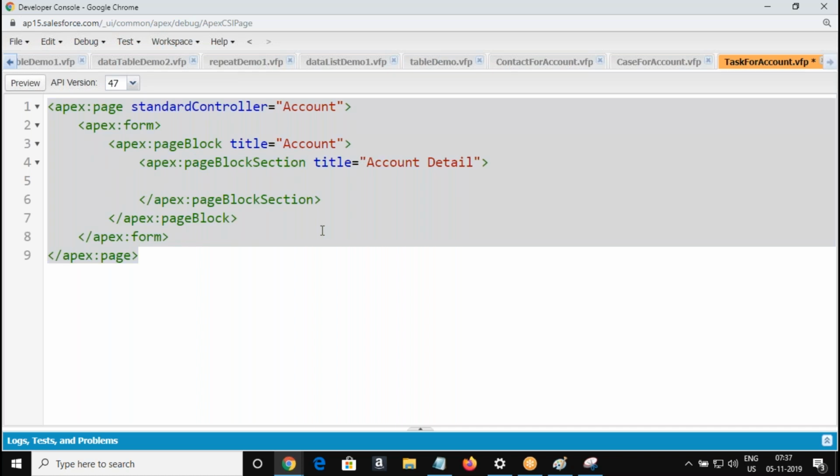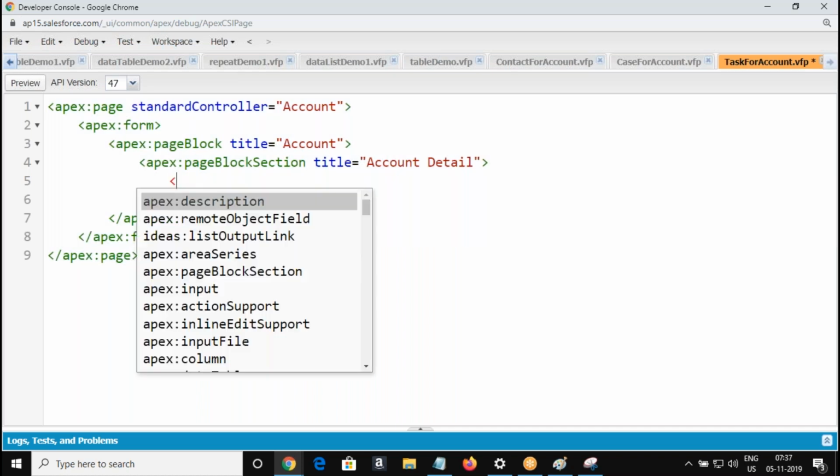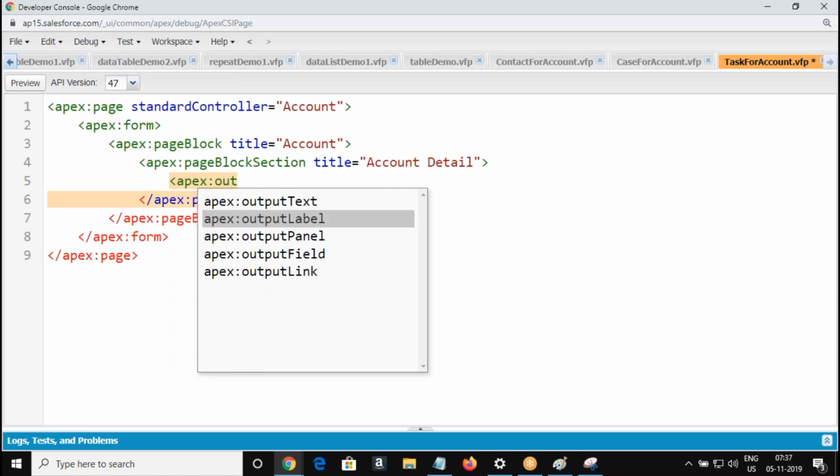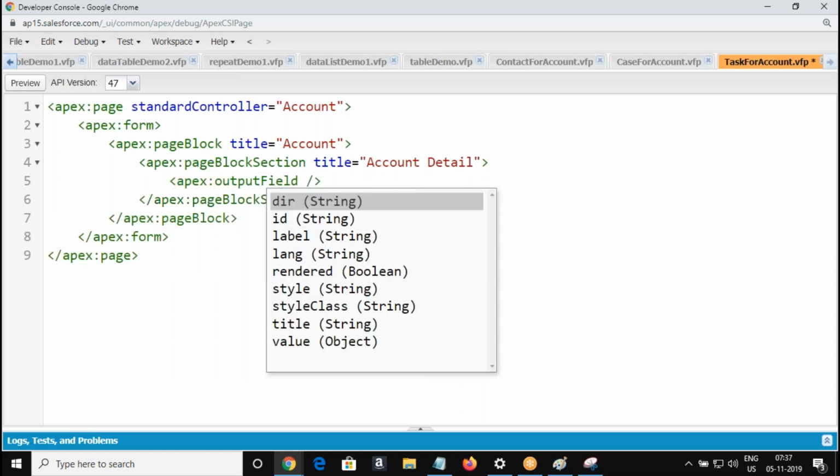Here I'm going to display only the account record in read-only mode.